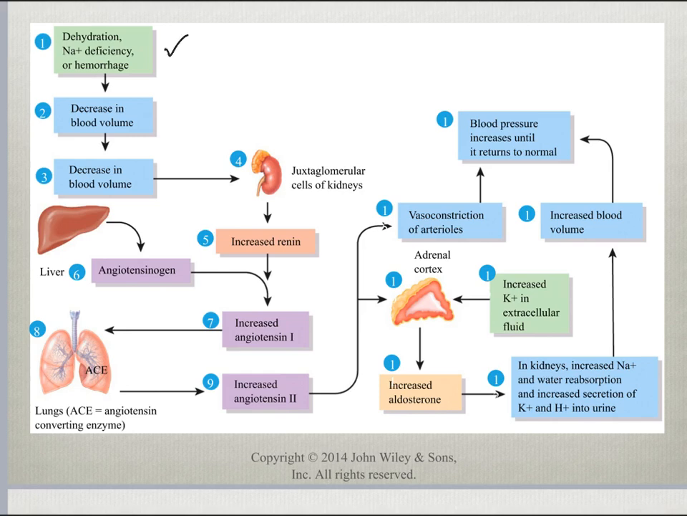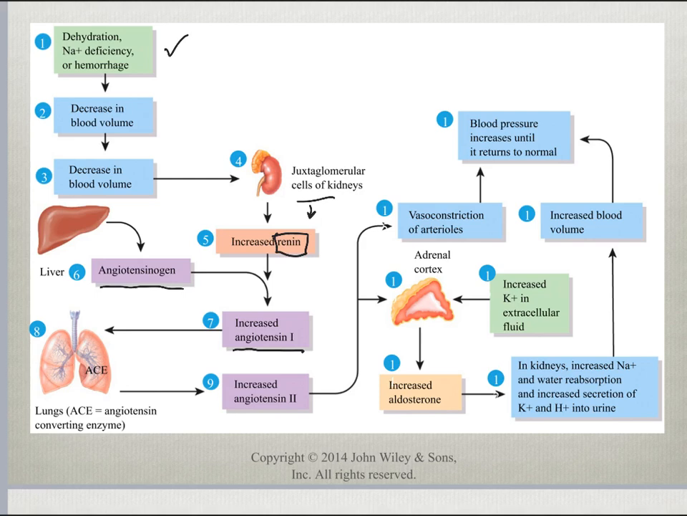So we start right at number 1, where we have dehydration, sodium deficiency, and/or hemorrhaging. What results is a decrease in blood volume. That decrease in blood volume is going to be detected by the juxtaglomerular cells of the kidney, which is going to in turn stimulate a release of renin. Now, concurrently, the liver is going to be producing this enzyme called angiotensinogen, and angiotensinogen is going to help to